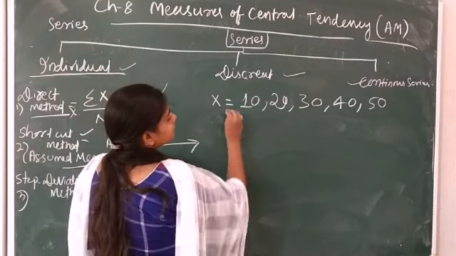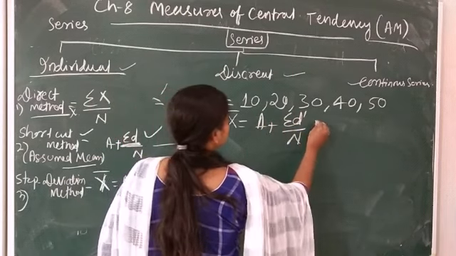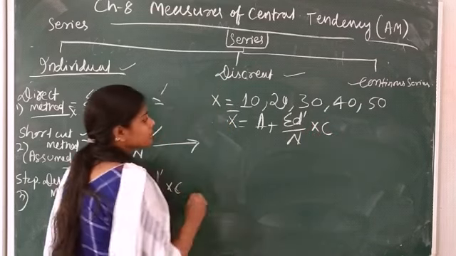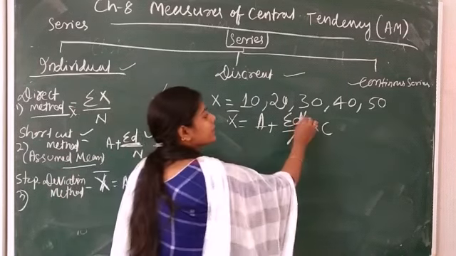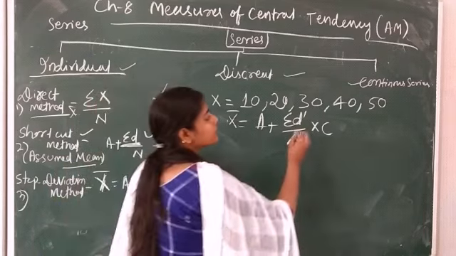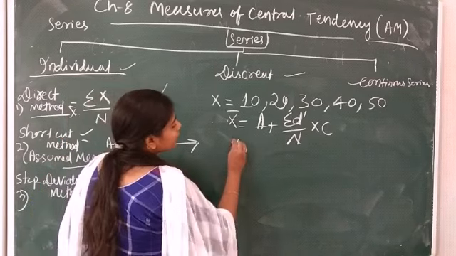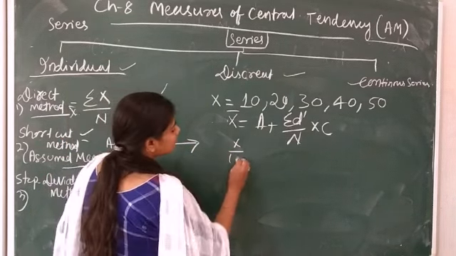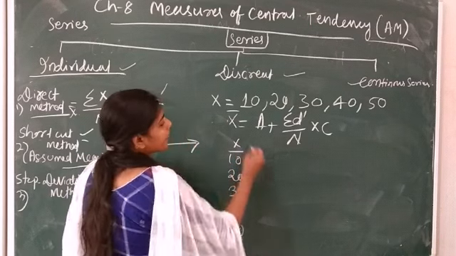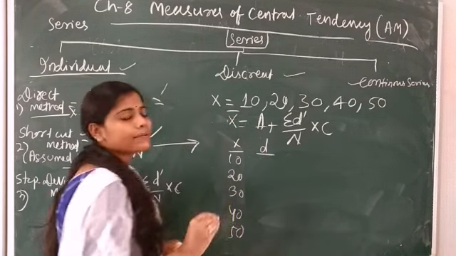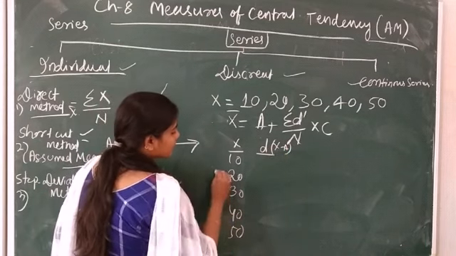In the step deviation method, mean equals a plus sigma d dash by n into c. Here c is the class interval, a equals the assumed mean, and d equals deviation. The calculation of d uses the formula x minus a. Here we take the same example, that is x equals 10, 20, 30, 40 and 50. Now we calculate d, that is x minus a, and we take the assumed mean as any number. Now we take the